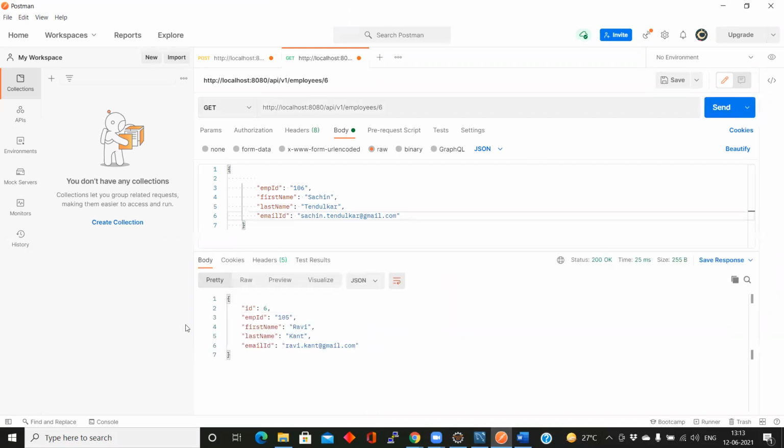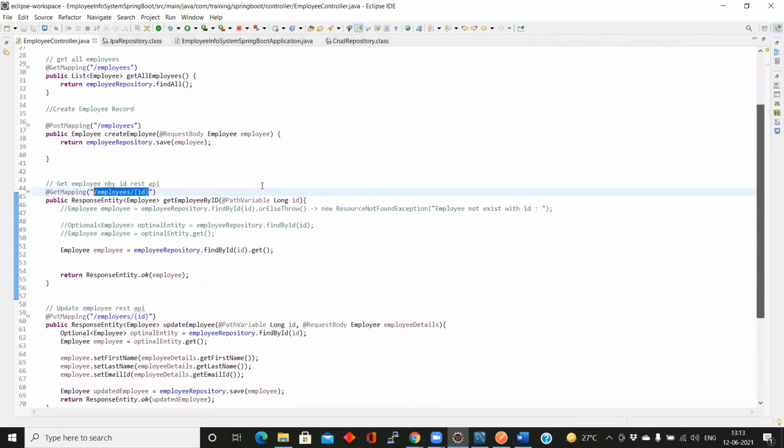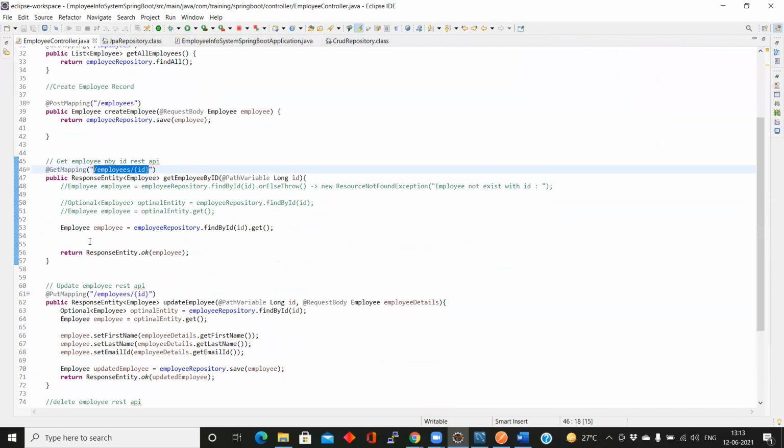So the value is coming here. Change it to 7, and the value is coming here. So it is clear. Yes, sir, it is clear. So this is to get an employee by ID, a particular employee ID. It makes it so simple. As a developer you are not writing much code, just one line. But with normal JDBC, you need to write a minimum of 15 lines for it.